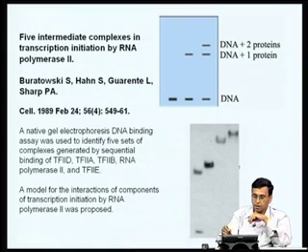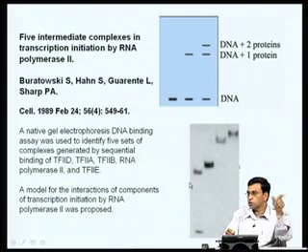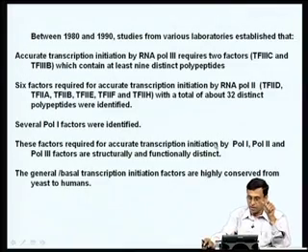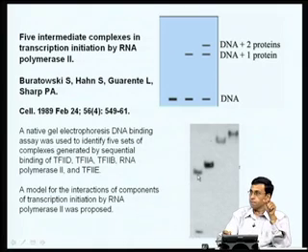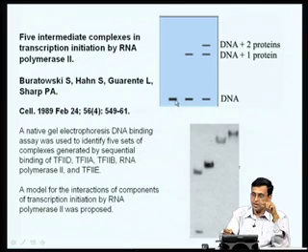So, what you do is a very important assay called the gel electrophoresis mobility shift assay, where you take the promoter DNA fragment, like the one containing the TATA box sequence, radiolabel it, and add a protein factor which you have purified, as I showed in the last slide. When this protein factor binds to this DNA sequence, it causes a mobility shift and you can see the probe get shifted here. Now, you add another protein component. This is just the naked radiolabeled promoter DNA alone, which moves here. When this DNA binds to protein, it causes a mobility shift and you get a complex here.